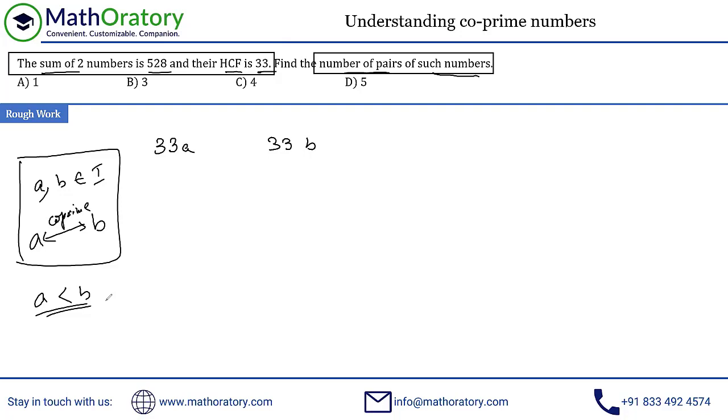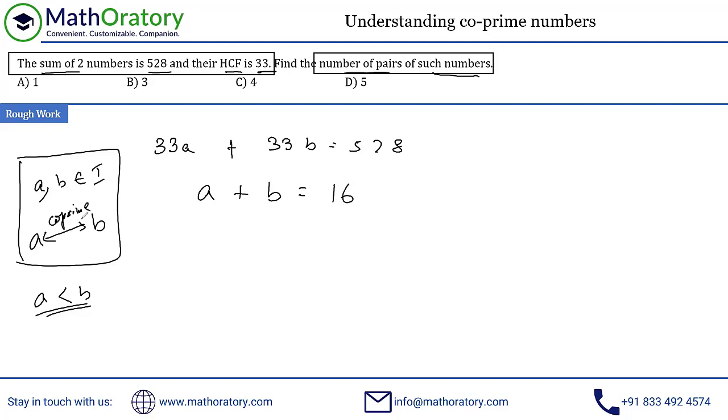So let's carry on with this. Now the other information, that is the sum of the numbers is 528, right? So these two added should be equal to 528. Rest should be easy. You have A plus B is equal to 16. There is a method to actually do this. I'm not going into details of that. In this case, I'm just going to brute force figure it out.